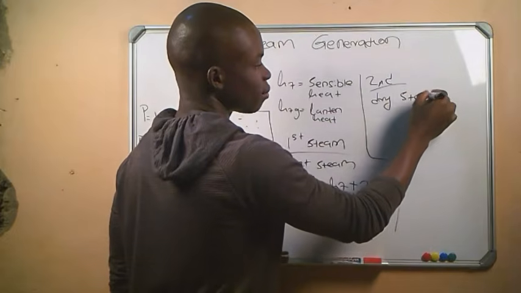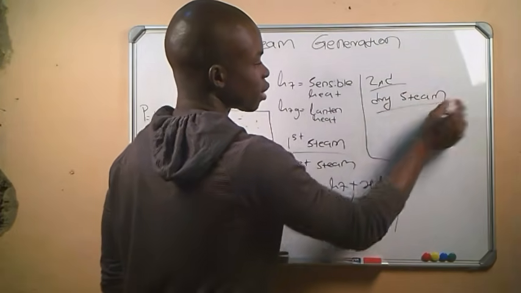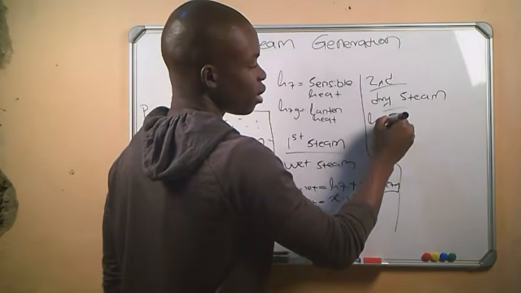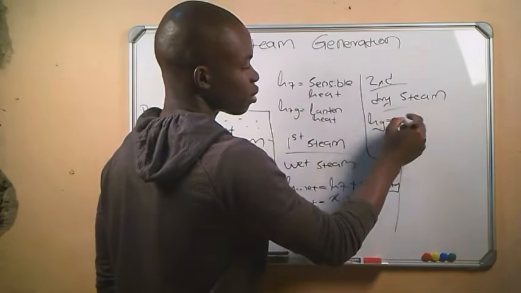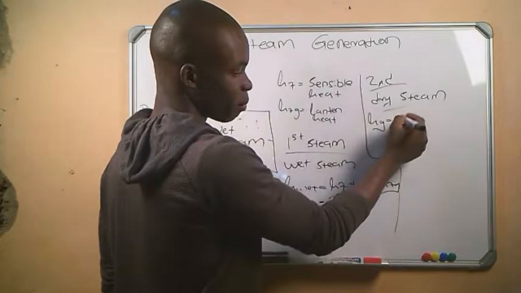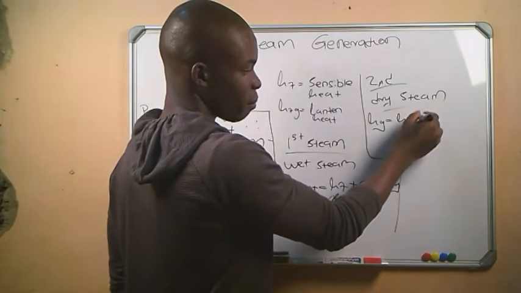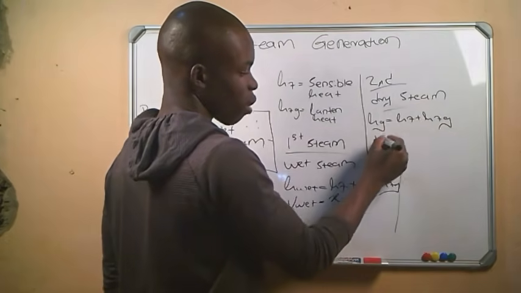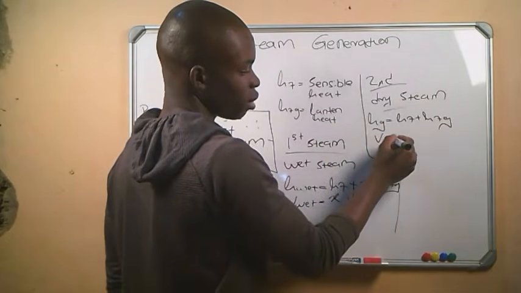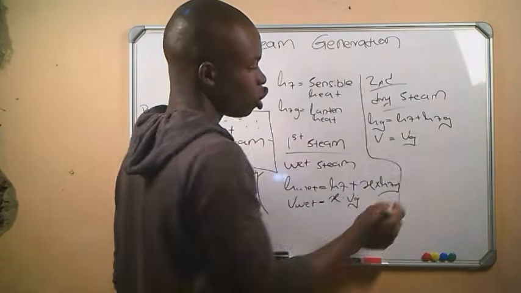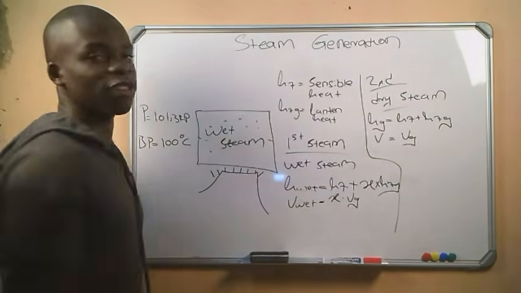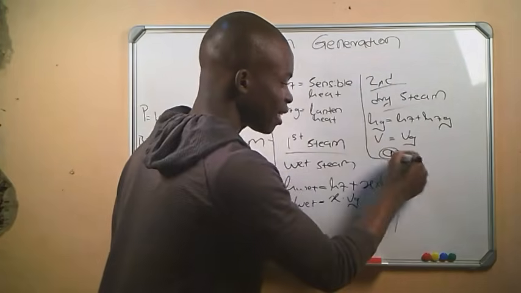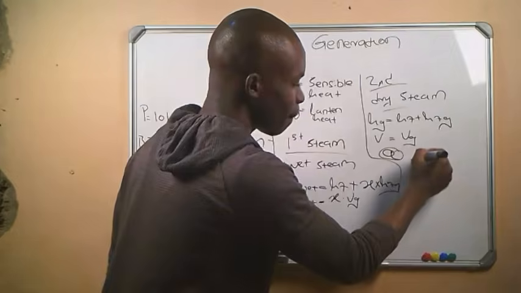Dry steam. And dry steam is given by a formula. The enthalpy of dry steam, Hg, is given by Hf plus Hfg. And then our volume for dry steam is equal to Vg. These values you can get from the steam table at a certain pressure,